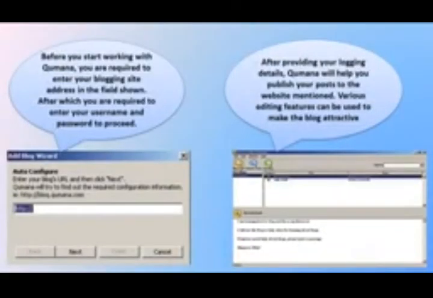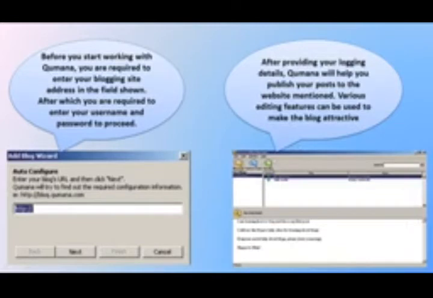After we open Kumana to work with it, it asks us to enter our blogging site address, in the screenshot that is given here. To start working, we also need to provide our login details by providing our username and password of the same blogging address that you will provide to it. By providing this information, we will make it easy for the offline editor to automatically post our data whenever we connect using internet. After entering the details, Kumana will allow us to create new posts.